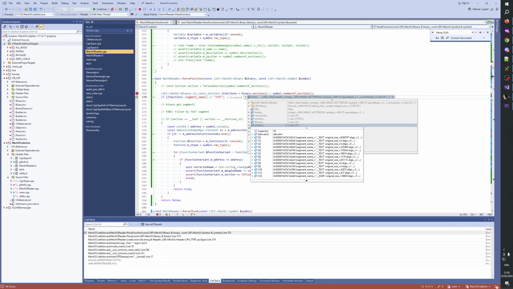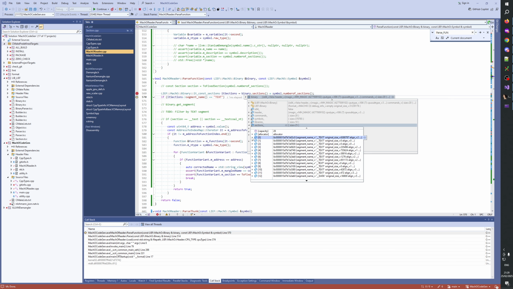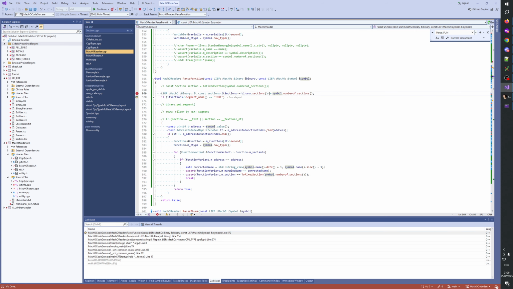Binary sections 25. Text 0. I'm a bit confused about this here. Why? I would have expected that we can increment this segment name. Okay, so anyway, so this one needs to be like that, but